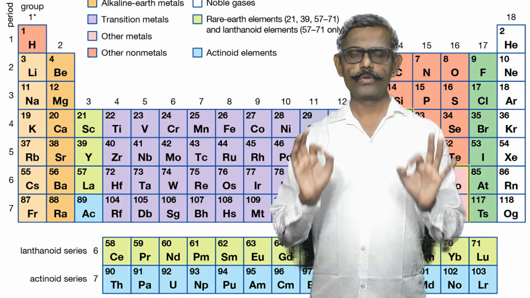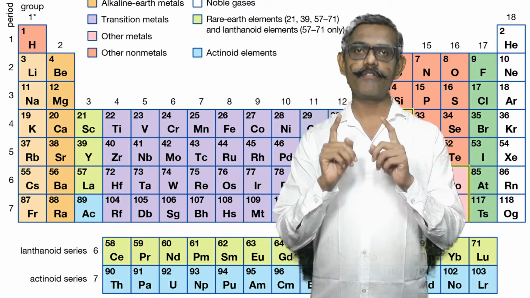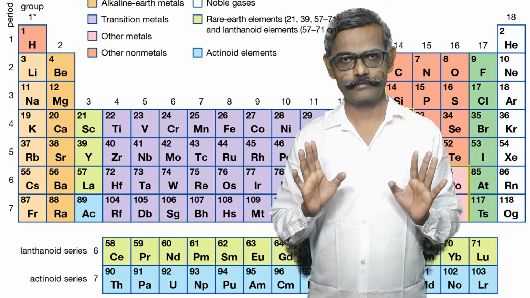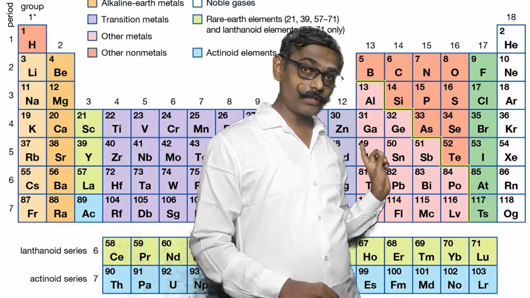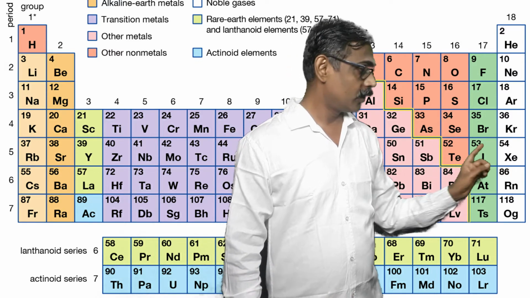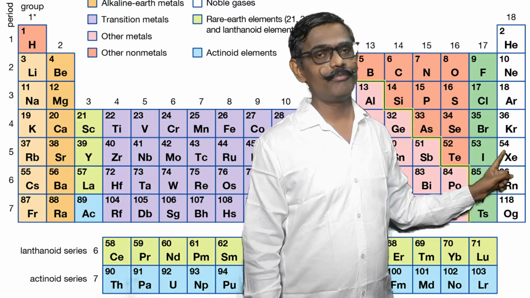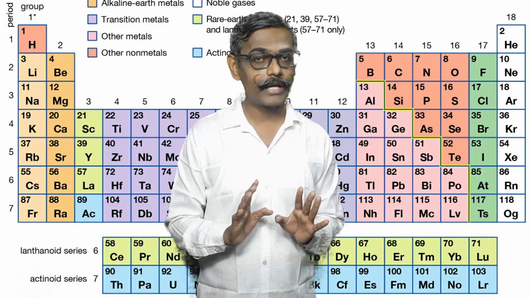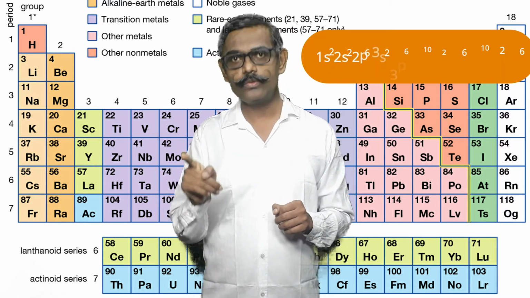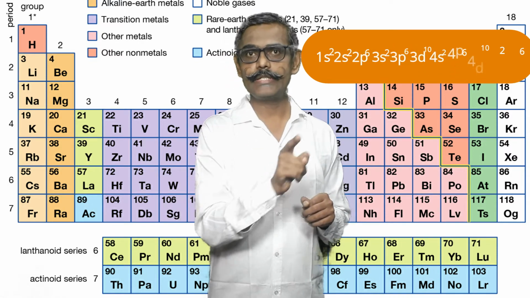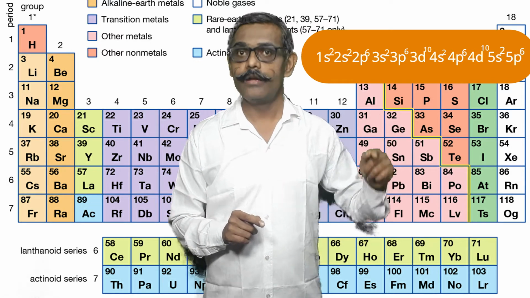Yes, students. Today we will discuss in detail electronic configurations of lanthanoids. Now see in this periodic table, in the fifth row, the fifth period, what is the last element? Xenon, atomic number 54. The electronic configuration of xenon is 1s2, 2s2, 2p6, 3s2, 3p6, 3d10, 4s2, 4p6, 4d10, 5s2,